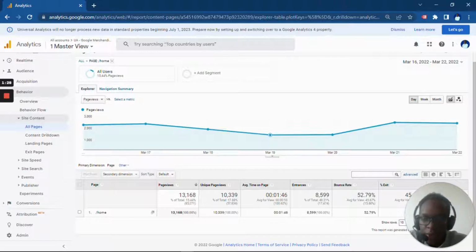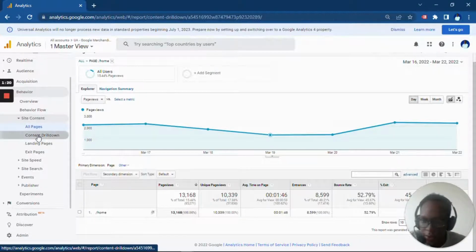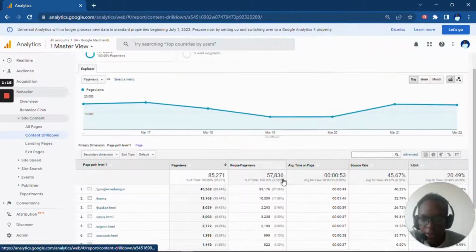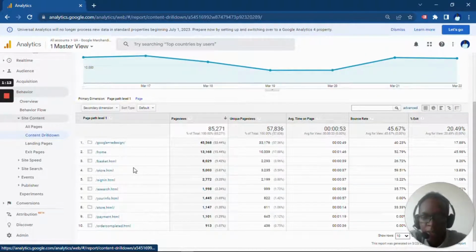So the content drill down report is under site content right here. So we're still in site content. Go to content drill down. This groups pages according to your website directory structure, and you can click on a directory to see the pages on your site within that directory. For example, Google plus redesign. This is especially useful if you're trying to understand the performance of content in a particular section of your website. And if you switch to the pie chart view like this,